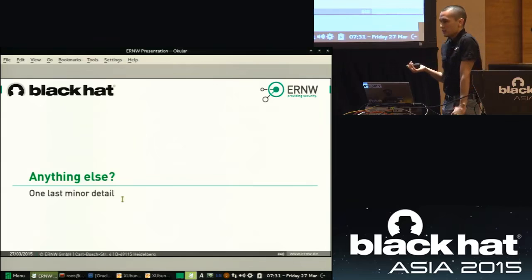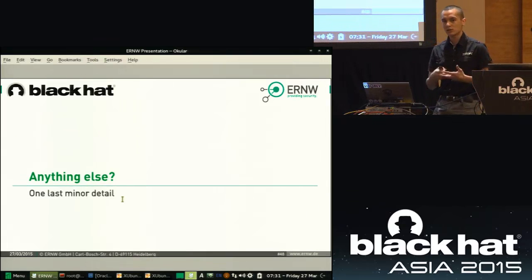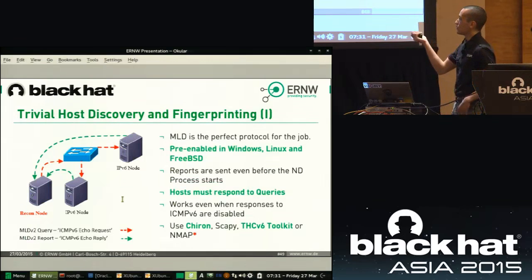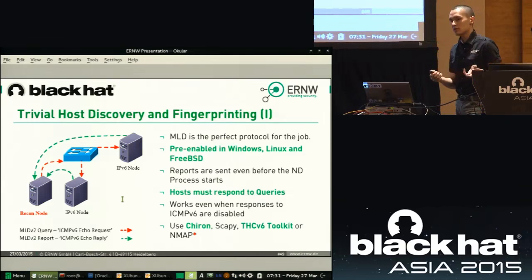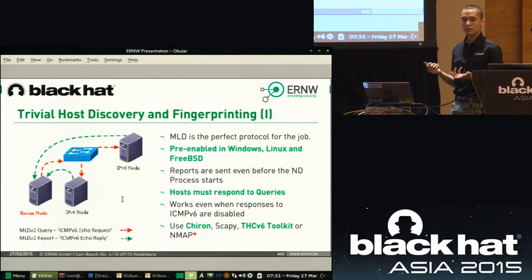So yeah, at this point, I guess you're going to be wondering, is MLD really that useless? Do we really need MLD or don't we really need MLD? What's the real role here? The thing is, you can not only do what we've shown you here, you also make it possible for attackers to, when you get into a host, you start thinking about pivoting, right? So you start thinking, okay, where am I going next. And in IPv6, everyone says you have to scan the whole range or use weird DNS tricks in order to discover where the other hosts are, and so on. So with MLD, you don't have to do that.